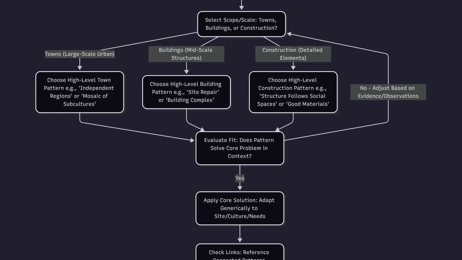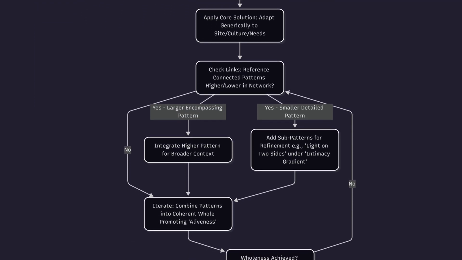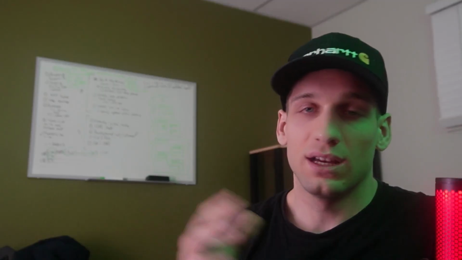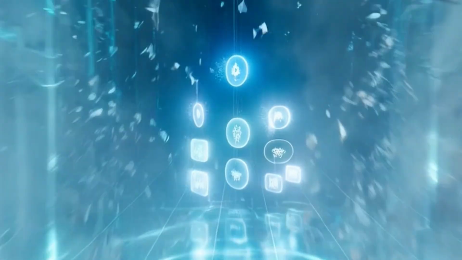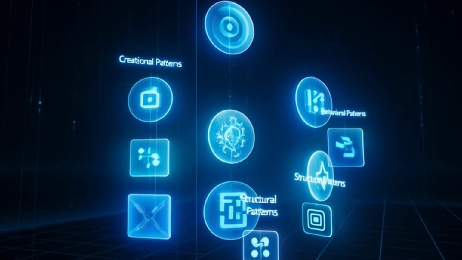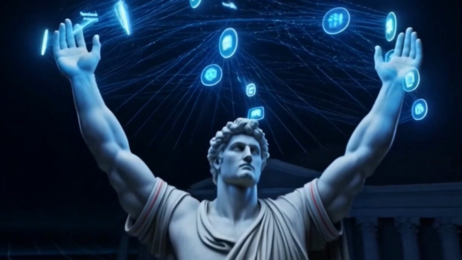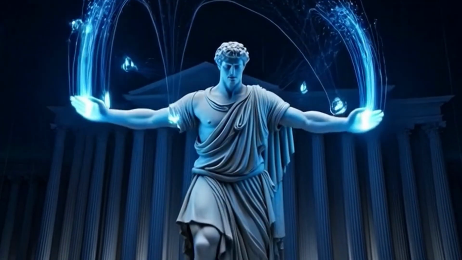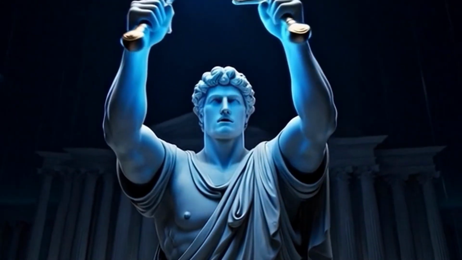This means patterns were not isolated solutions. They were connected moves in a system meant to be combined like words into sentences. It sounds abstract, but it does matter, because the moment software stole patterns, it changed the entire game. Software patterns did not just become solutions. They became entire status symbols, but we're not there yet, because Alexander's version contains a detail that software engineers often ignore.